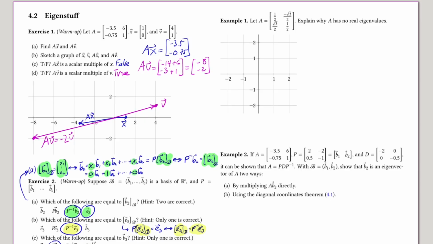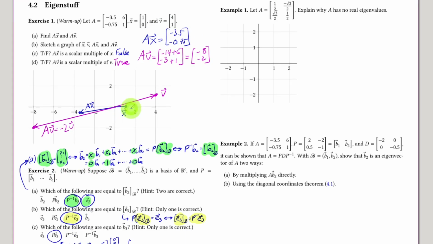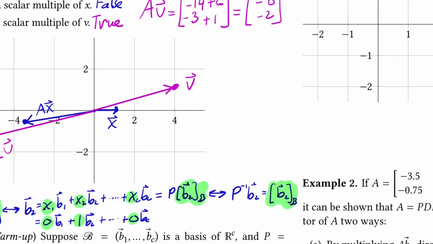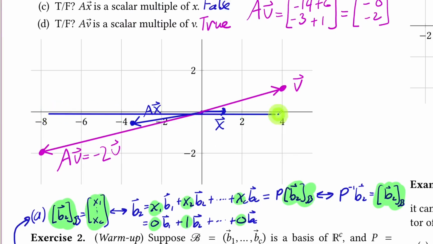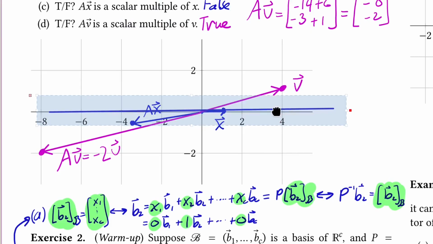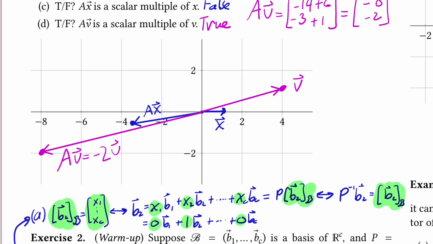For part A, I got ax is this vector, negative 3.5, comma, negative 0.75, which you can see is not a scalar multiple of x when you draw a picture of it. Scalar multiples of x are all on the x1 axis. So something like that or like that would be a scalar multiple of the x vector, but ax is